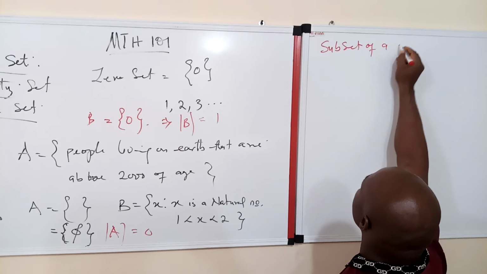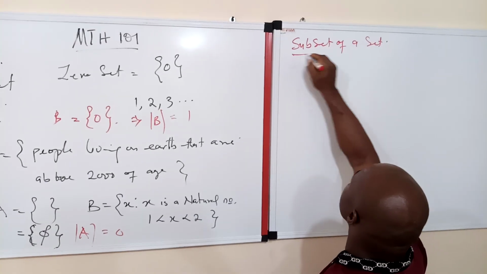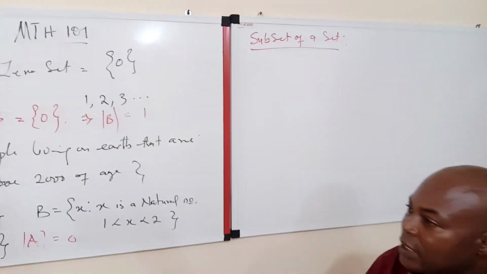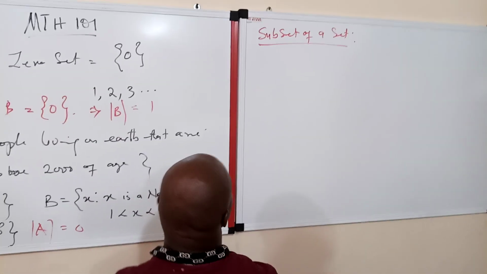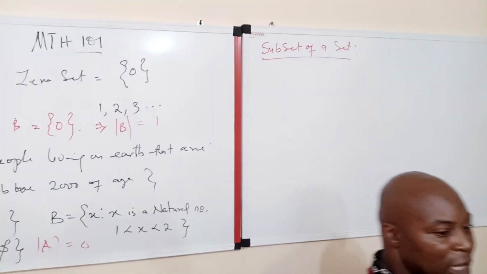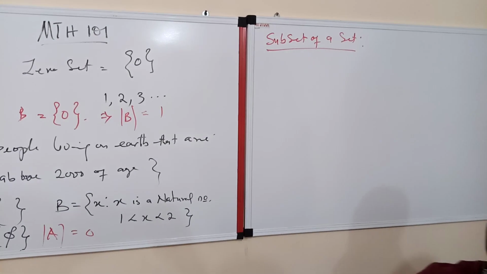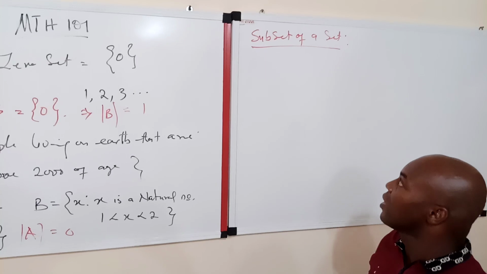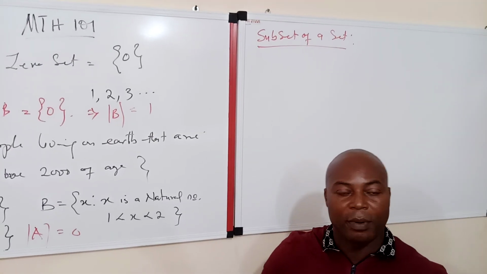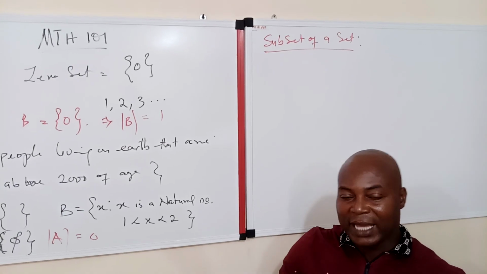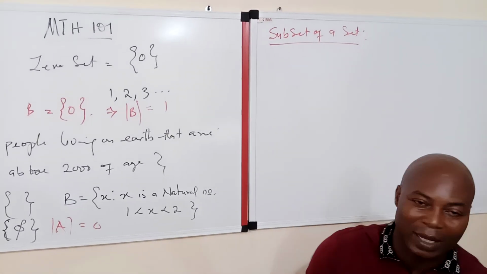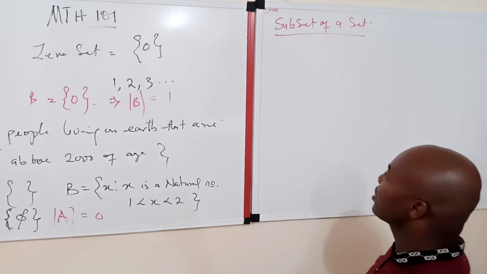Subset of a set. Now, it is natural that in a particular collection, if we are considering two sets, there is a possibility that one is a subset of the other. Sub in the sense that the elements in one are all contained in the other one. Like if we consider the set of